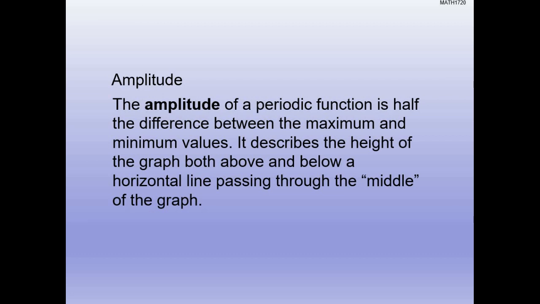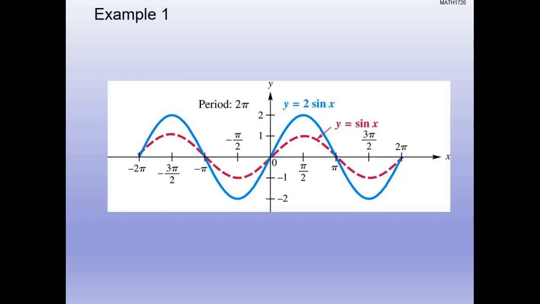You keep hearing me throwing it around, but this is really what it is. It says the amplitude of a periodic function is half the difference between the maximum and minimum values. It describes the height of the graph. I'm going to step back a slide, because what does it mean to be half the difference between the maximum and minimum values? If we step back, and we're looking at the blue graph here, the maximum value